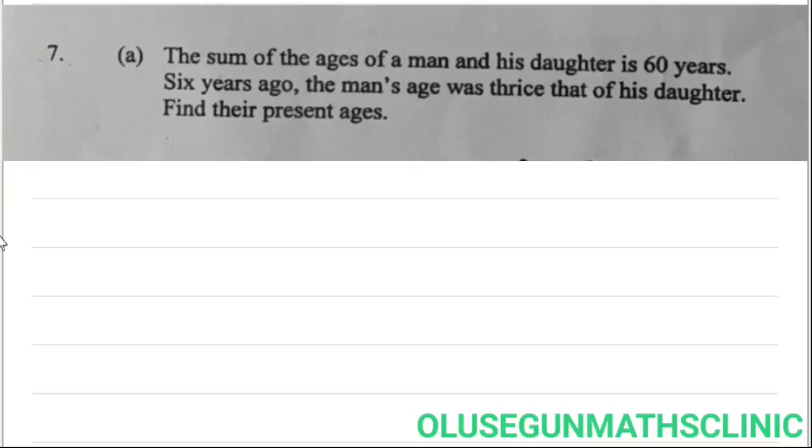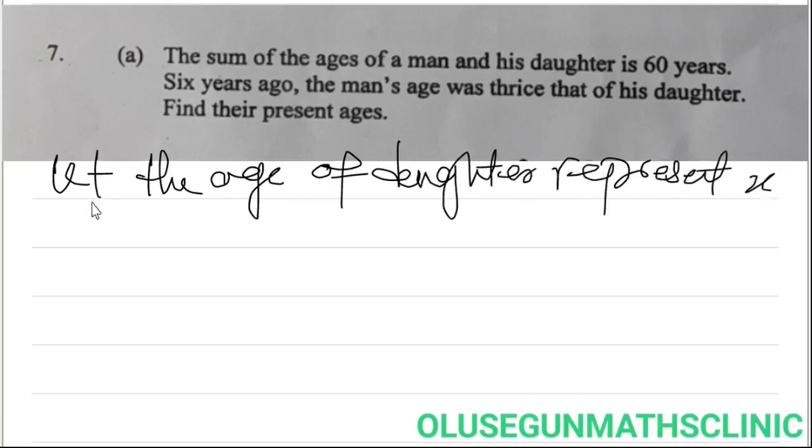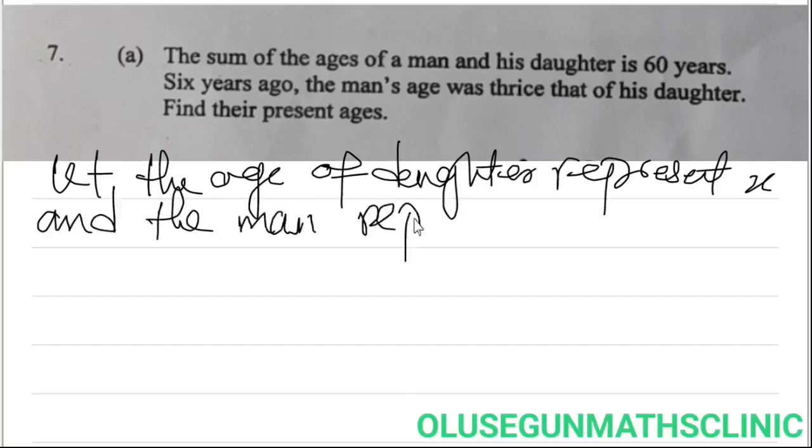So in solving this, let the age of the daughter represent x and the man represent